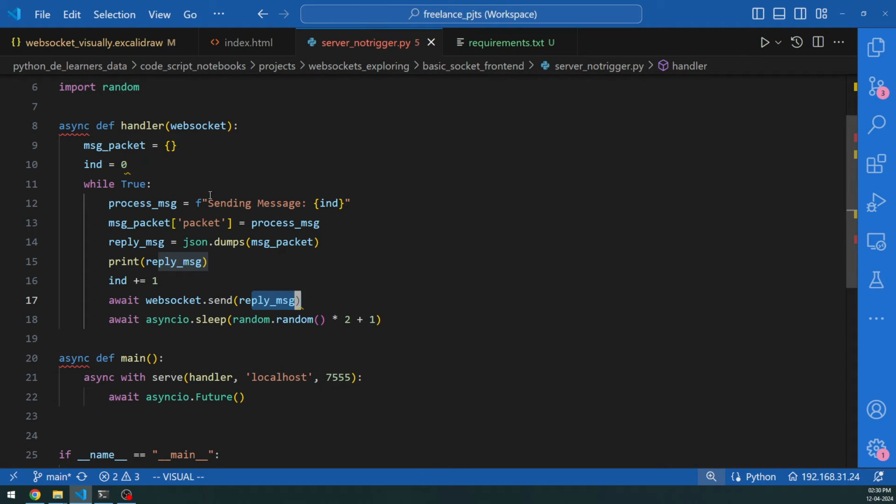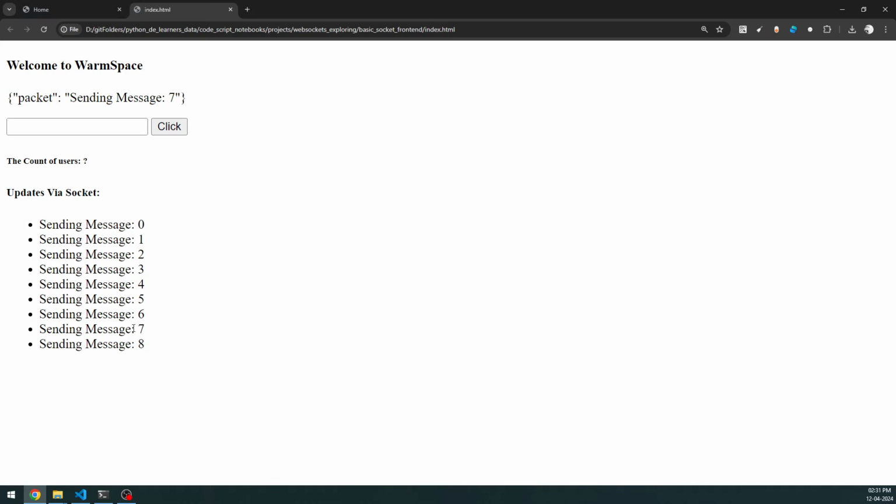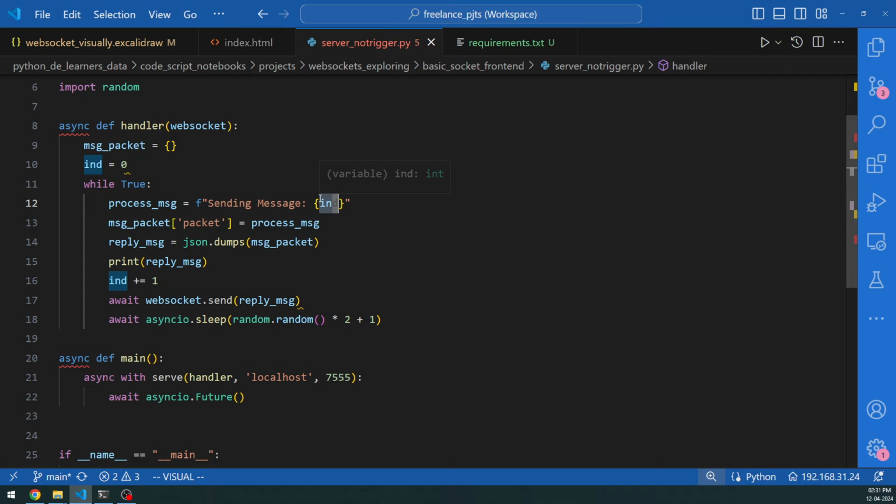The logic that you are looking at here is pretty straightforward. In this particular place, we are creating a string literal with the index number. So that's what you are seeing as a sending message here, sending message 1 2 3 4 5. And this particular message is wrapped into a packet key and put into this message packet. It's a dictionary, and this dictionary is dumped using the JSON module as a string, and the string is sent to the